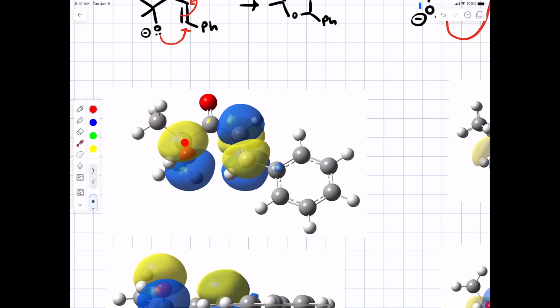Here are the two methyl groups. Here's the oxygen that's going to get deprotonated. Here's the carbonyl. Here's the double bond. Here's the benzene ring. Here's the pi star. Here's your alpha carbon and your beta carbon. And then on the oxygen, this is the